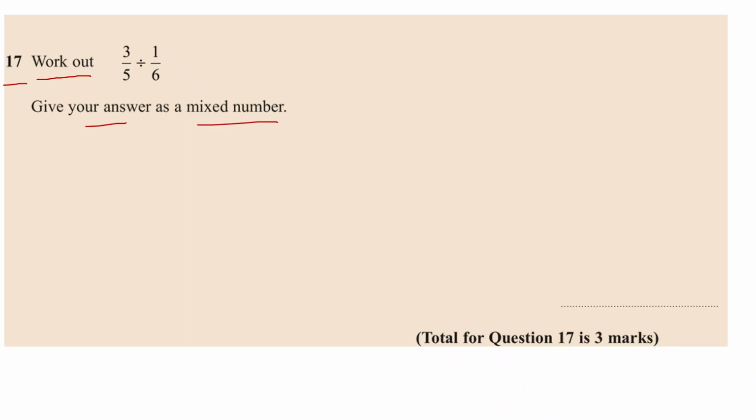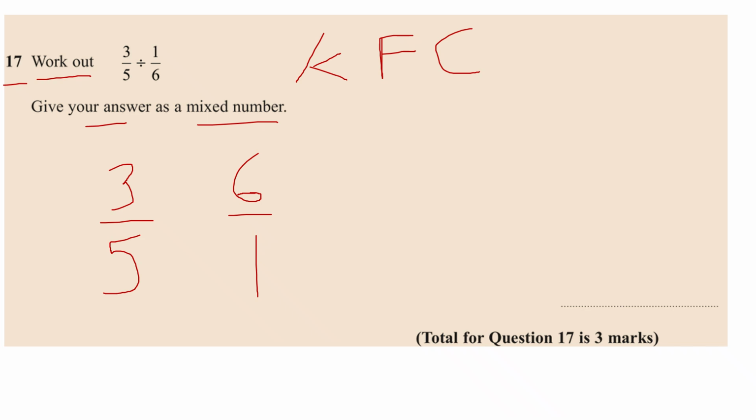So we're dividing fractions. I want you to remember, guys, in the exam, KFC, okay, so the famous chicken shop. We're not actually chatting about chickens here, but it helps you to remember. K is for keep, so we keep the first number or fraction the same. F is for flip, so we flip the second fraction, so we reciprocate it, turn it upside down. And then C is for change, we change the divide to a multiply sign.